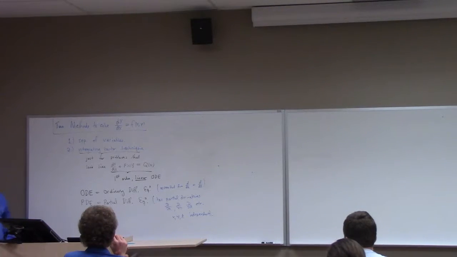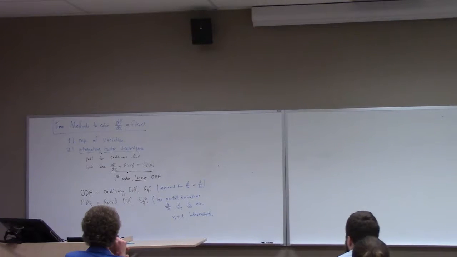Most of the important equations of physics are in fact partial differential equations. Maxwell's equations, the Schrodinger equation, so electricity, magnetism, quantum mechanics, all at their base are partial differential equations. On the other hand, ordinary differential equations are what we typically run into in classical mechanics, like